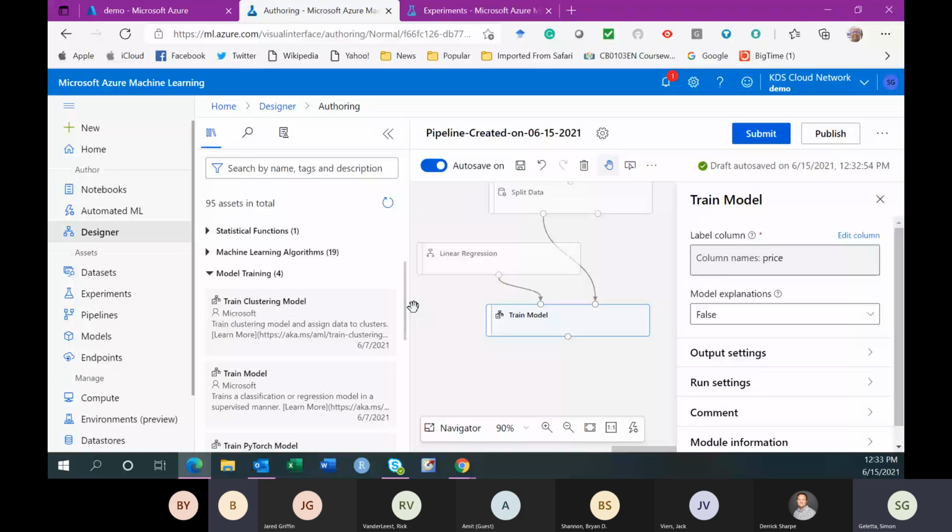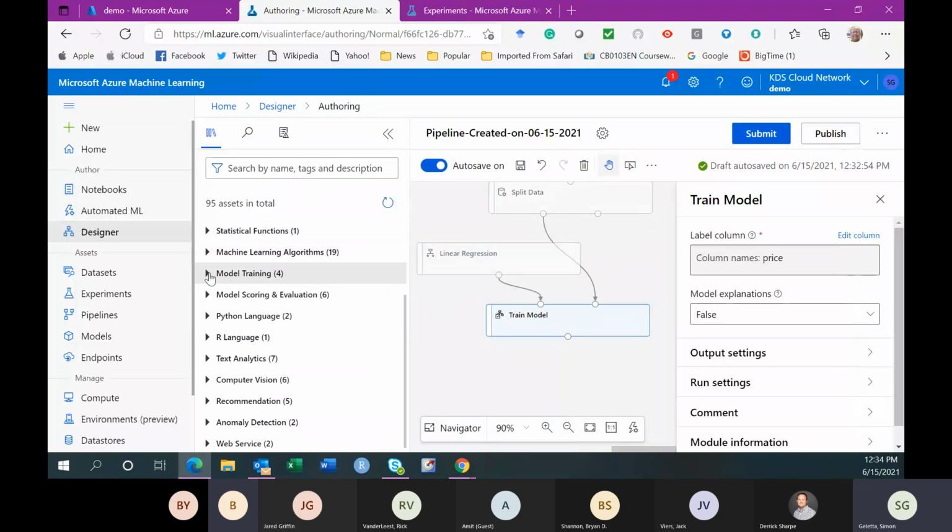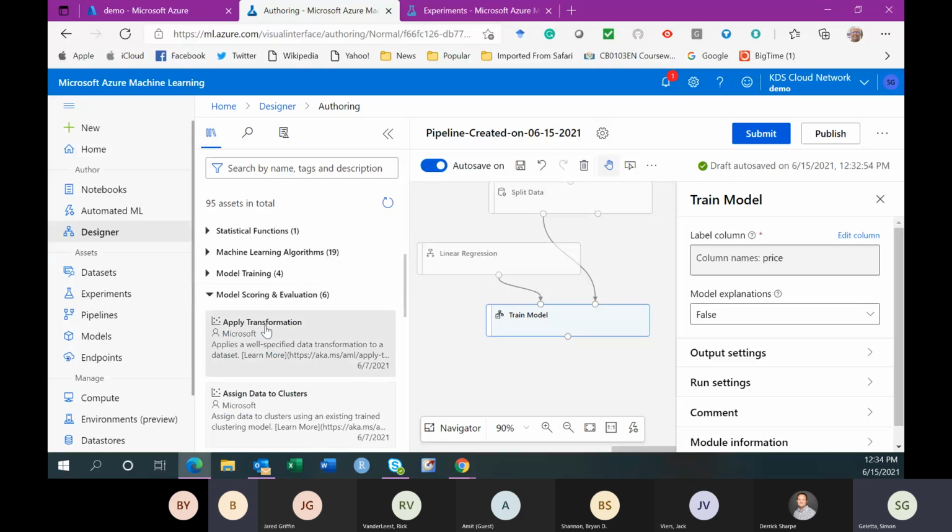So we use the predictor variables, and then we predict the price based on the choice that we made here about the predictive model. Okay. And after I train the model, I would also need to score the model. I score the model based on, remember, the 30% of the data that I put aside for that purpose. So I will go in here. This is model training, and then I'll go to model scoring.